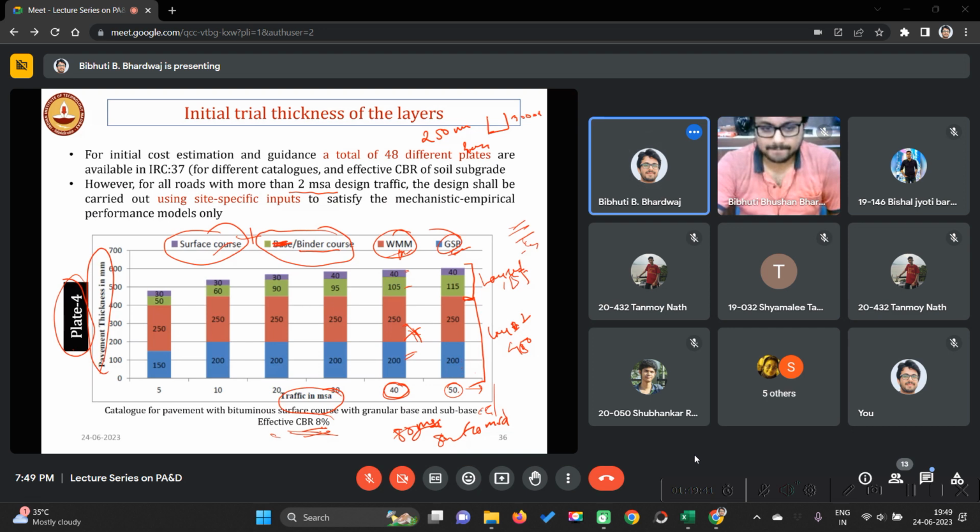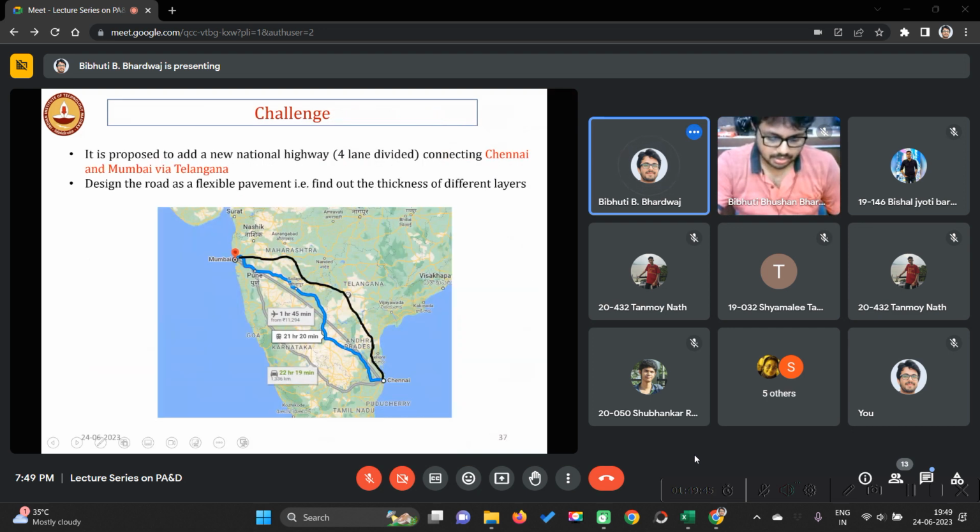Start designing. Okay, so now this is a challenge where we need to construct a new road, greenfield project. That means brownfield project মানে তোমাৰ